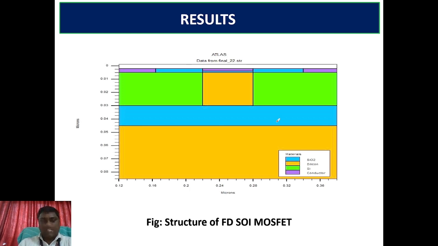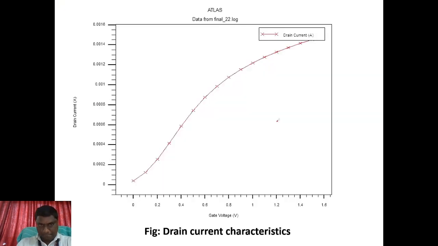This is the device for which we have taken the dimensions in the x direction and y direction, and this is fully depleted because here the SOI is on the substrate. We have observed the drain current of this particular device, and it shows that as the gate voltage increases from zero, the drain current also slowly increases, but after the threshold voltage of the device the current increases rapidly